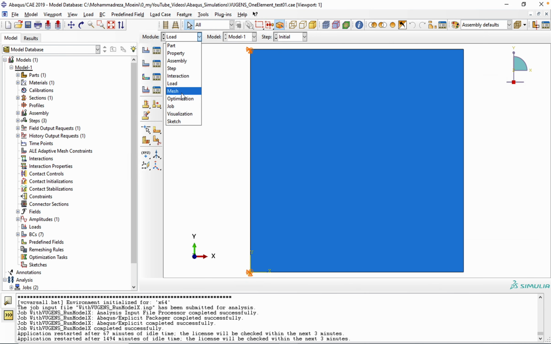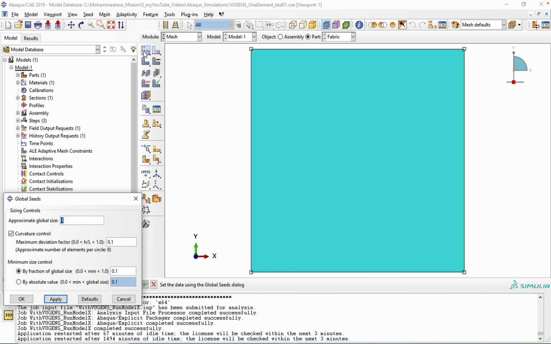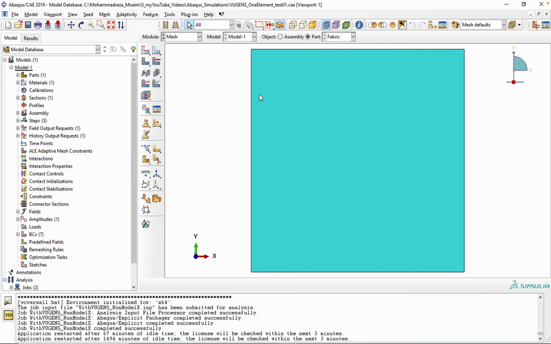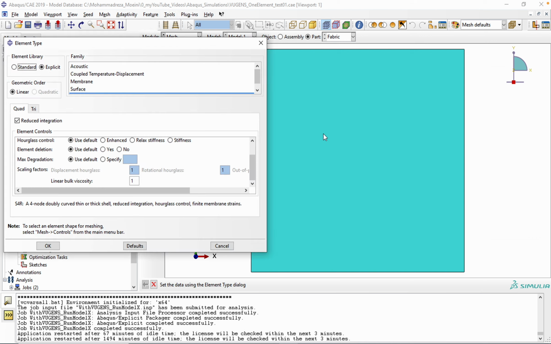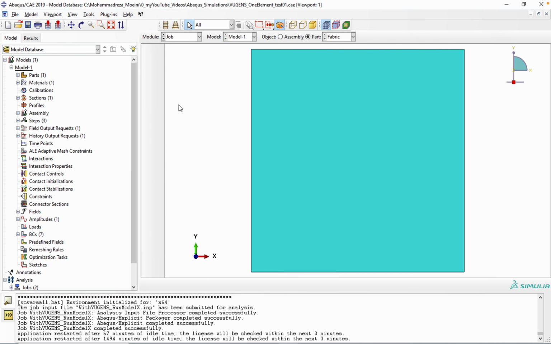For the mesh, we just need one element, so the element size is equal to 1, and we have 4 nodes. And as I said, it's an S4R element, a shell element with 4 nodes. We don't have any optimization, fortunately. And for the job here,